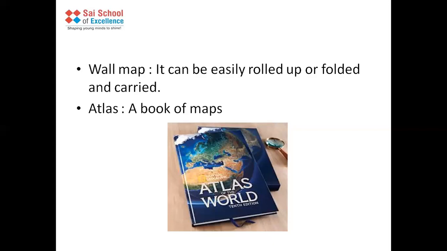Now children, here you can see a picture of a book. Okay, this is a picture of an atlas. So it contains different types of maps. Next year, you will study the different maps in it. So now we are just going to learn what an atlas is. An atlas is a collection of different types of maps in the form of a book.